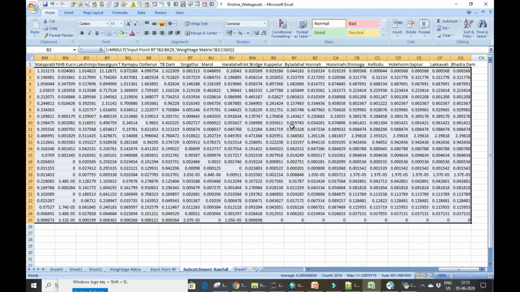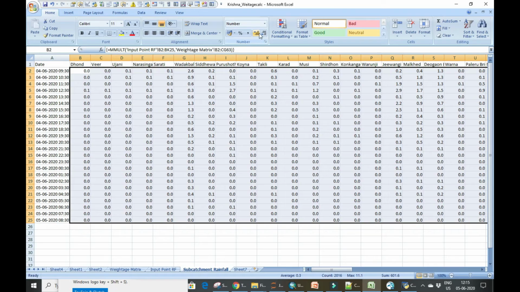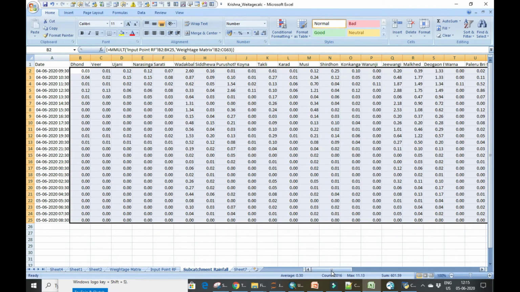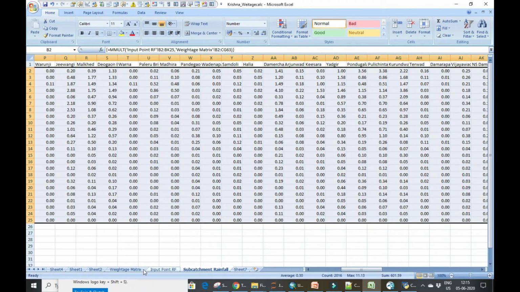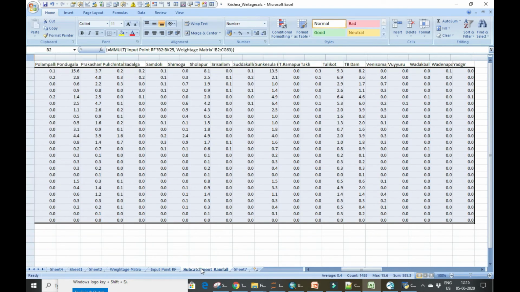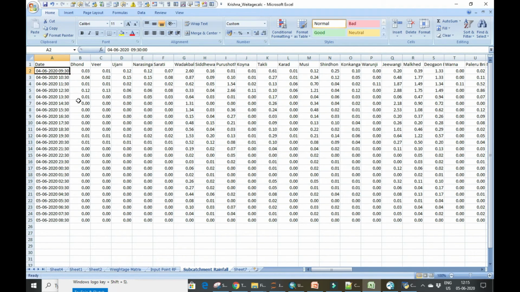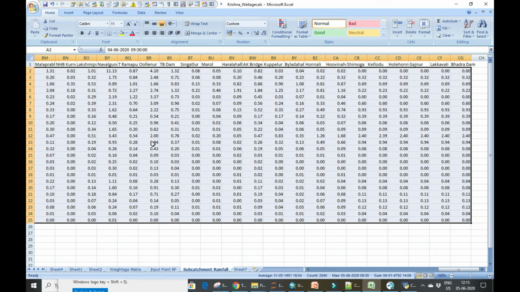You can reduce the decimal values to 2, so it's up to you. But what we are interested in is, using this weightage matrix and input rainfall for the point station, we finally get a subcatchment rainfall. So our hydrological model will have these 83 subcatchments. It needs some time specific values for the rainfall input. So you just copy this and then you can paste it in your model, so that the model starts running.